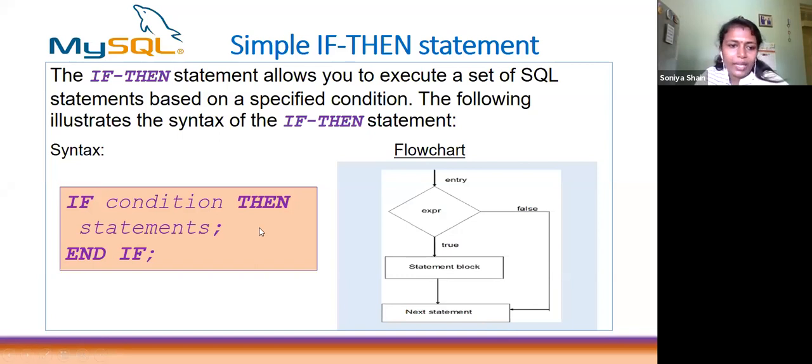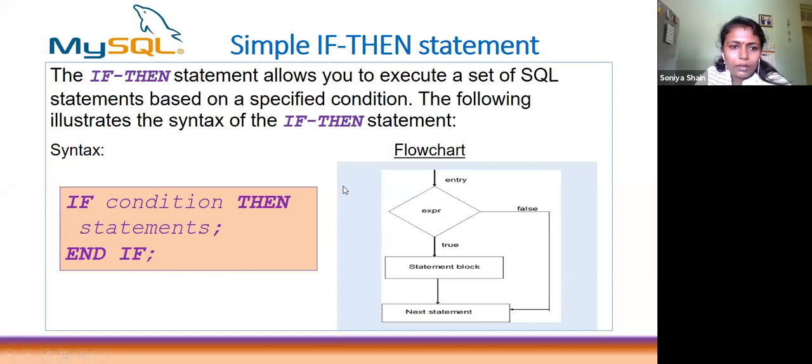Here comes the condition, that is the expression. If true, whatever is written here will be executed. Then it comes to the next statement, which can be a stop or other statements. Here you can write a statement X. It will come after the end if statement. If the condition is false, it will directly come to the last statement X.